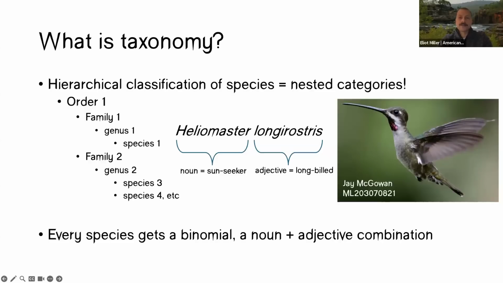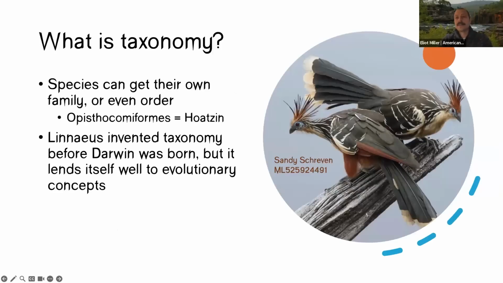It's not a hierarchy in terms of one taxon being more derived or better than another. It means nested categories. All right. That's not to say that some species can't be so weird that they get their own order. For example, the Watson gets its own genus, its own family, and its own order. It's just that weird. So originally, when Linnaeus first developed the classification system that we use today, Darwin wasn't even born. But it turns out that the concept of a hierarchical classification system lends itself really well to the concept of evolution.